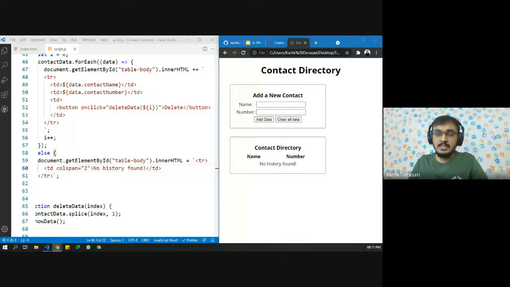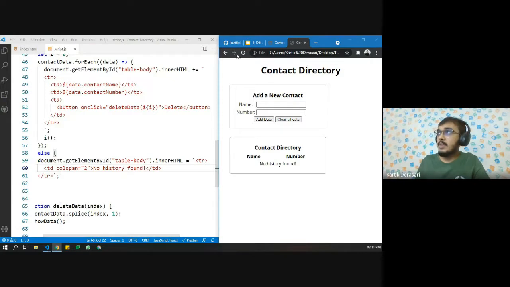JavaScript, HTML, CSS is not something which can be learned fully, and that is why I want you to create a practice of learning. So please refer to what exactly is local storage.